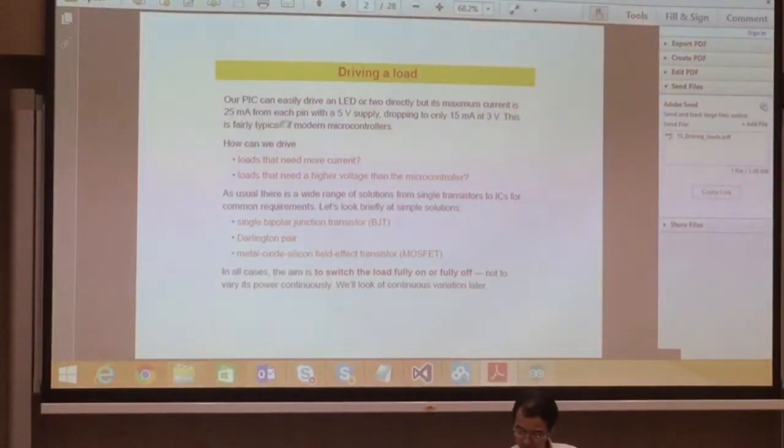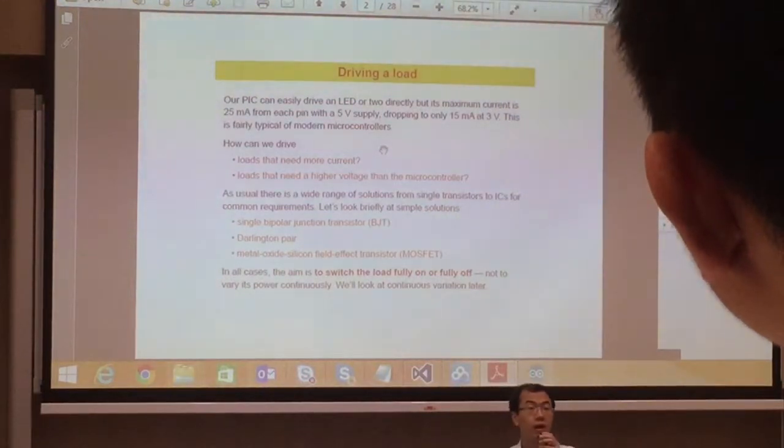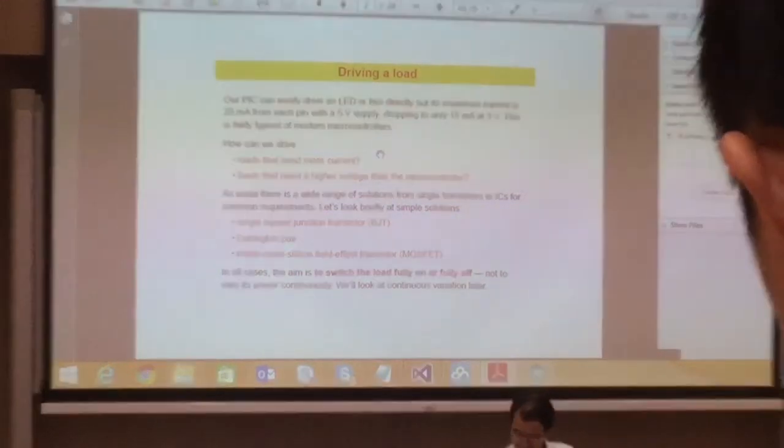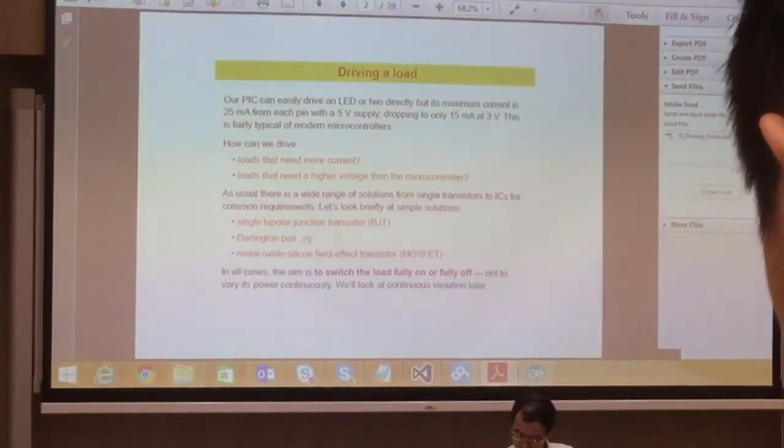The concept is the same. The output from the Arduino can only supply a few milliamp of current, 3 to 5 milliamps. So if you want to have a much larger current, you need additional components. For example, you can use